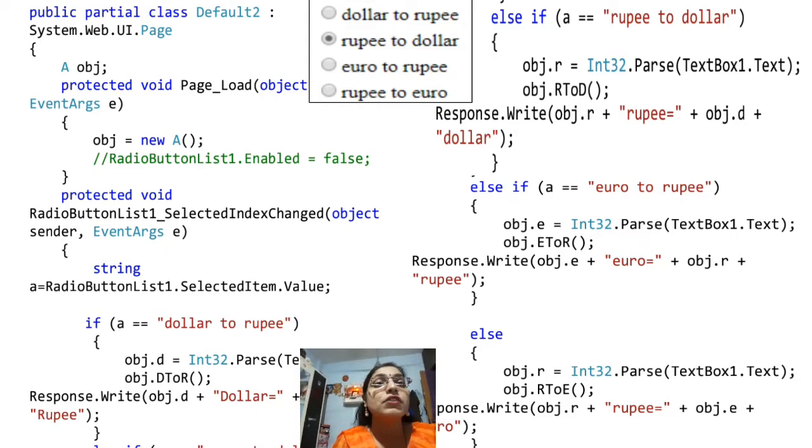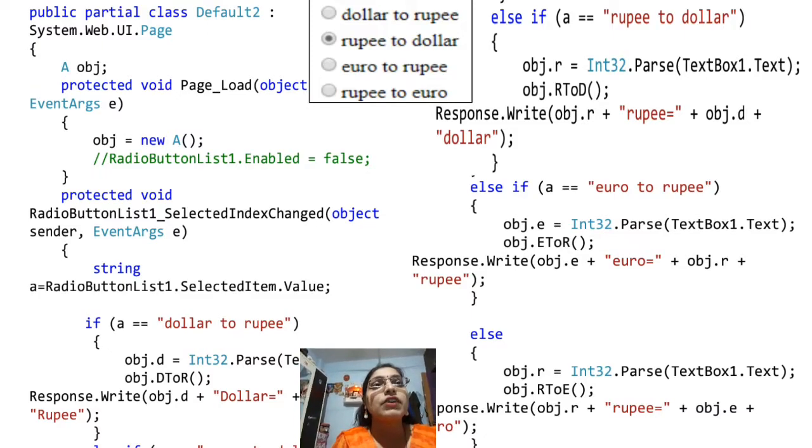While converting you have to remember this: dollar to rupee we have to use D, rupee to dollar we have to use R, euro to rupee we have to use E, and rupee to euro, that is the last option, which is present in the else. So in the R variable we have to store the value of the text box. This is a very important point that you should remember. If you write the wrong variable name, at the end you will not get any runtime error, but you will definitely get a logical error. So according to the options, you have to store the value of text box 1 into the respective variables.